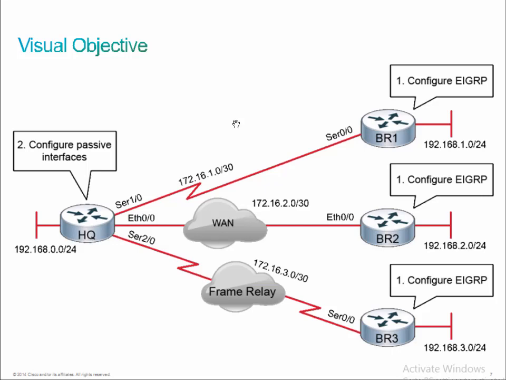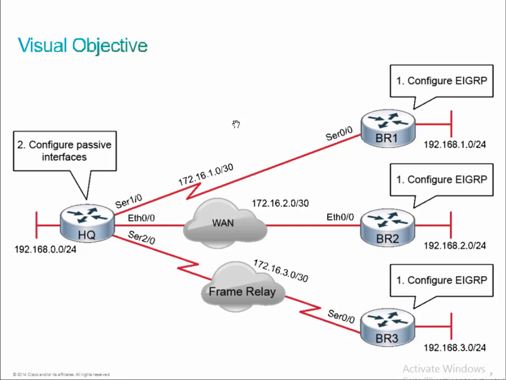That's in the 172.16.1.0/30 subnet. We have a simulated Metro Ethernet link or a WAN link between HQ and BR2. That's a 172.16.2.0/30 subnet. And then we have a frame relay connection between HQ and BR3, 172.16.3.0/30. And we're going to be configuring EIGRP on each of the individual routers, BR1, BR2, and BR3, and just